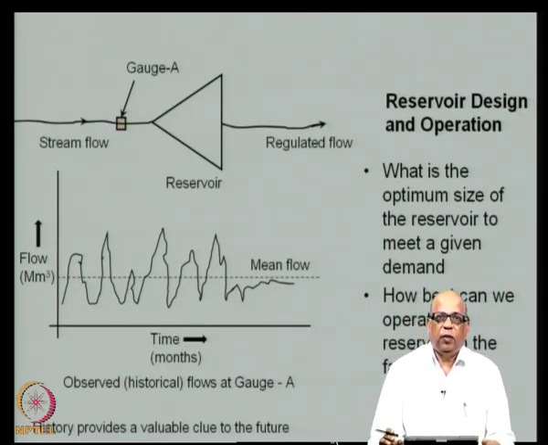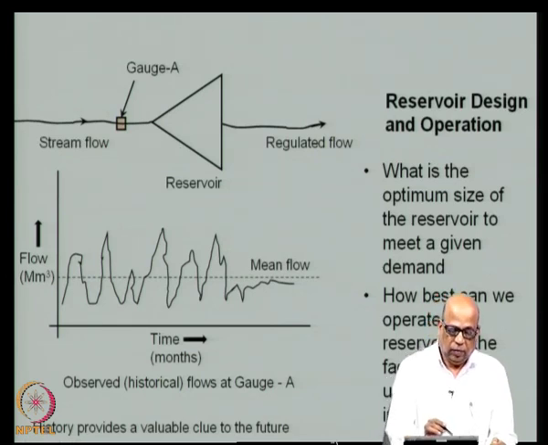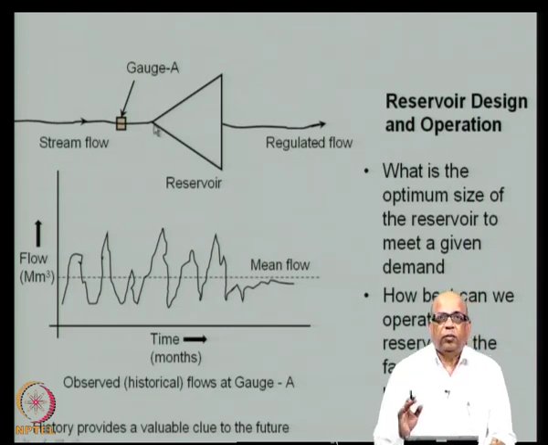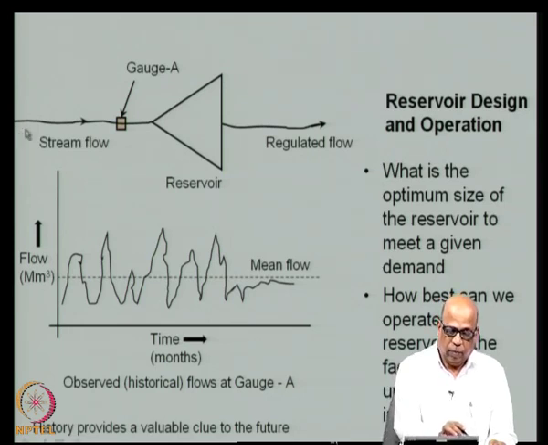Specifically, we deal with several different types of problems in water resource systems analysis. We will just go through what kind of problems we normally deal with. The first and simplest problem is that you have a stream flow and you want to build a reservoir just to meet a given level of demands. You know the agricultural demands, the irrigation demands, and the municipal and industrial demands. You want to meet these demands from a particular stream flow, for which you need a reservoir.